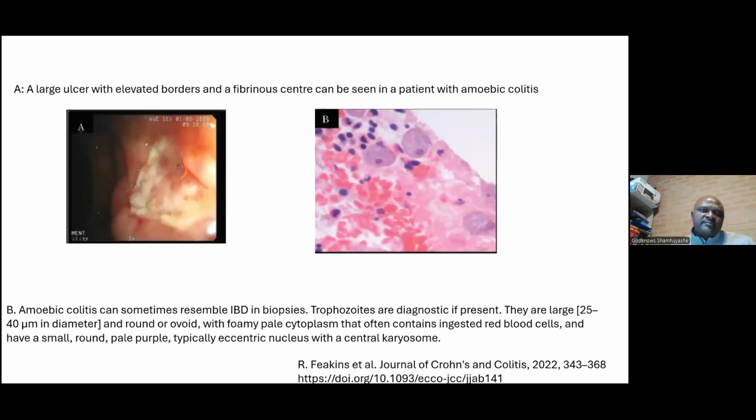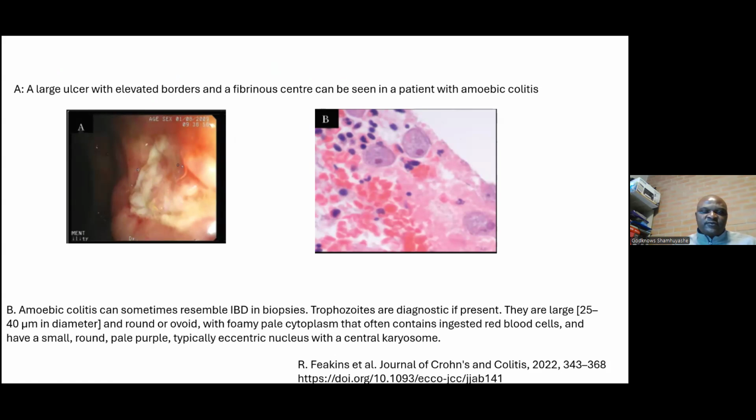So these images, the first one, it just shows a large ulcer with elevated borders and a fibrinous center, which was taken from a patient who had amoebic colitis. And on the second photo, you can see some trophozoites which are present in that slide, and they are